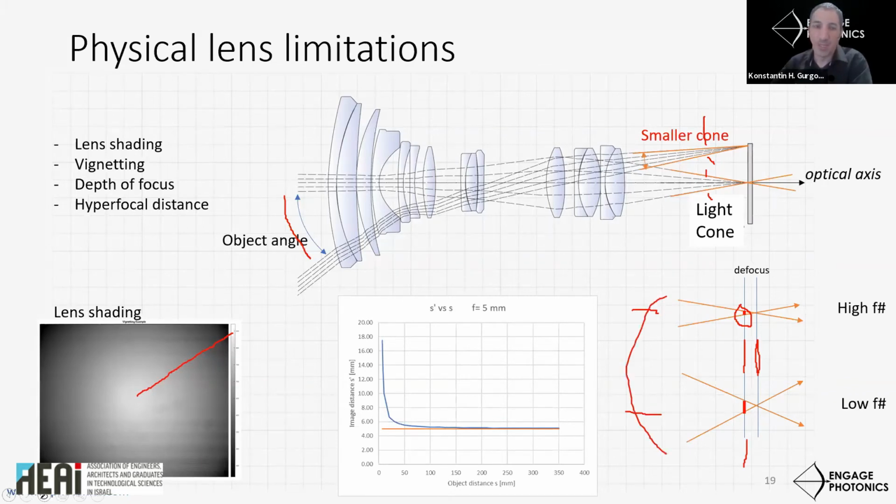And that's why you can get a different depth of focus for an imager with a higher or lower f number. And that is something to really think hard about when you design your camera, because the f number has an effect on so many different performance aspects of the lens that this simple quantity is very critical.